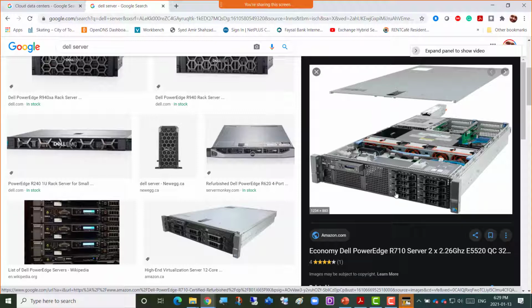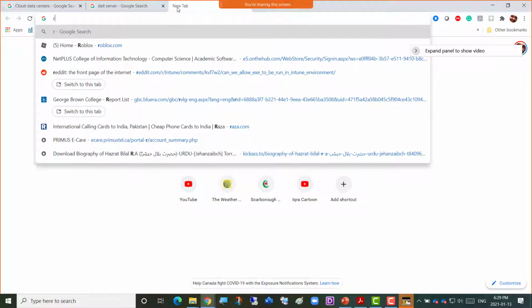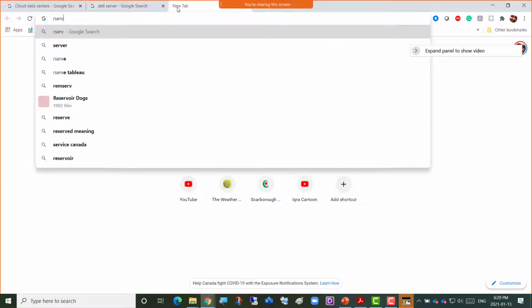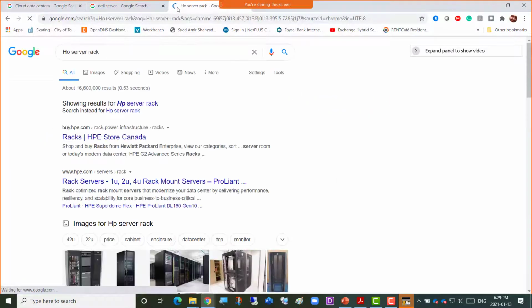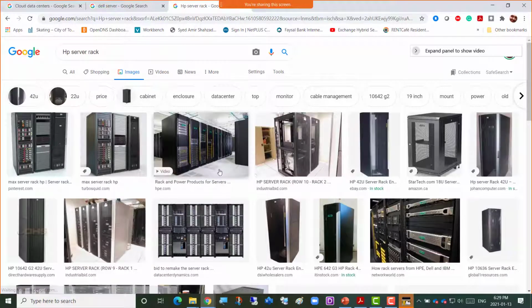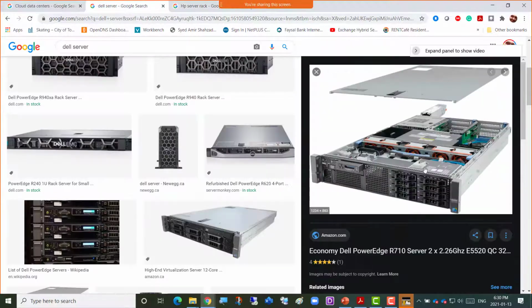It could be underground, it could be many stories high, but they have rows and rows of racks there. HP server racks. They have rows and rows of racks in their data center, and all those racks have rack servers available, where you can install or add these physical servers.